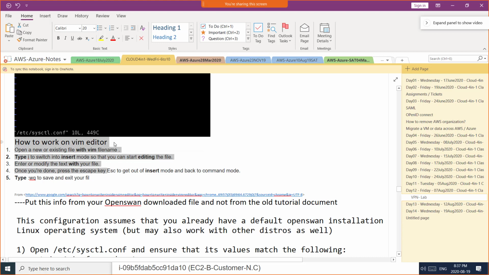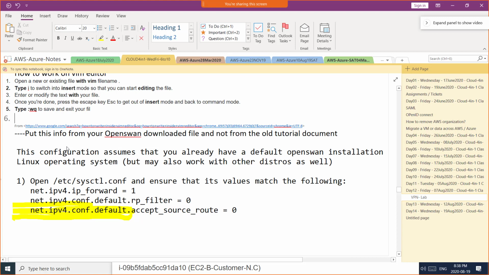It says to open a new or existing file with vim and the file name, then type I to switch into insert mode for editing, then press escape to exit insert mode, which means you cannot edit anymore, and :wq to exit. This information is in the document that you may have already downloaded from LMS, right? So what we are trying to do here is that there are these four